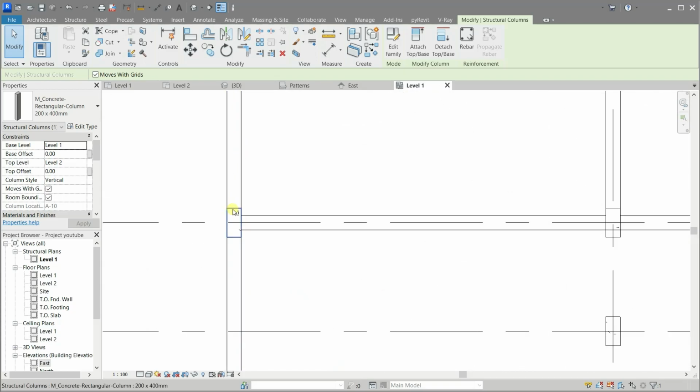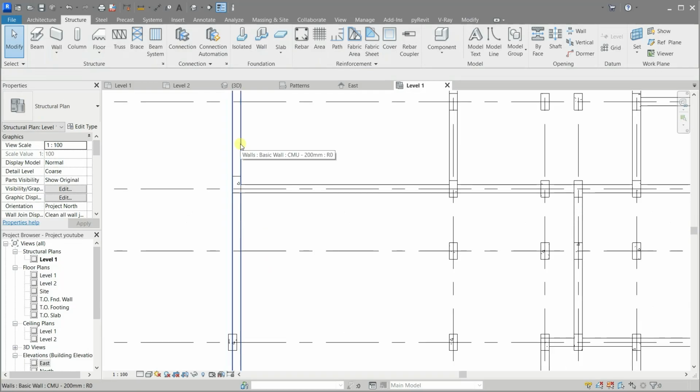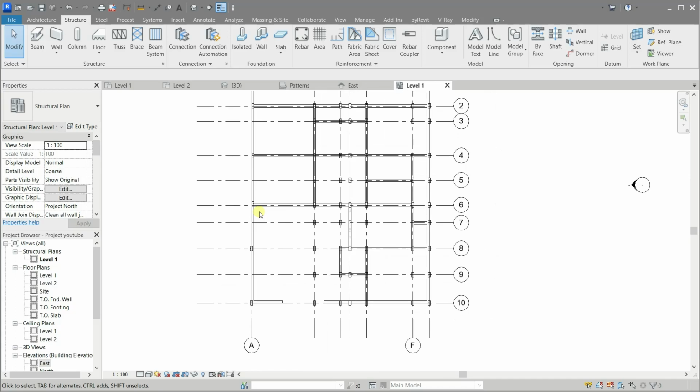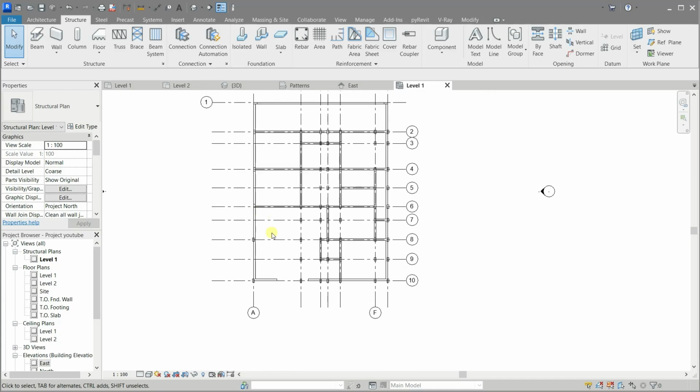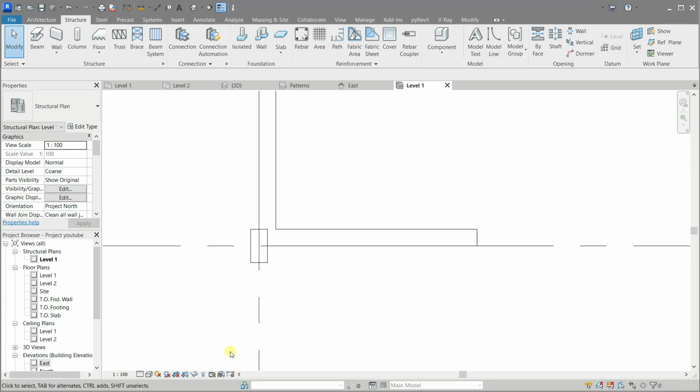Now let me fix the column at the edge. Let me fix the fence one too.